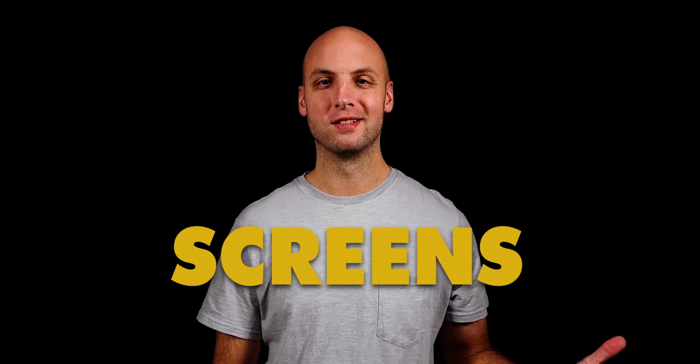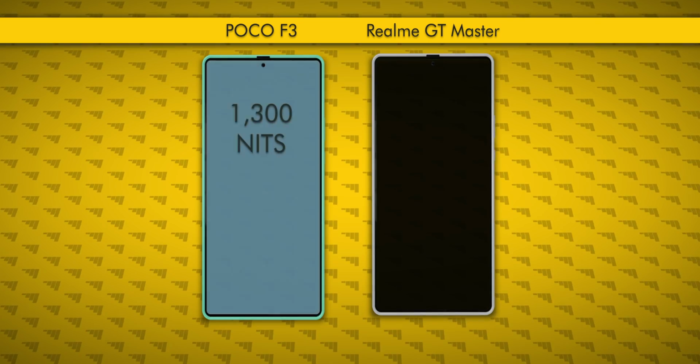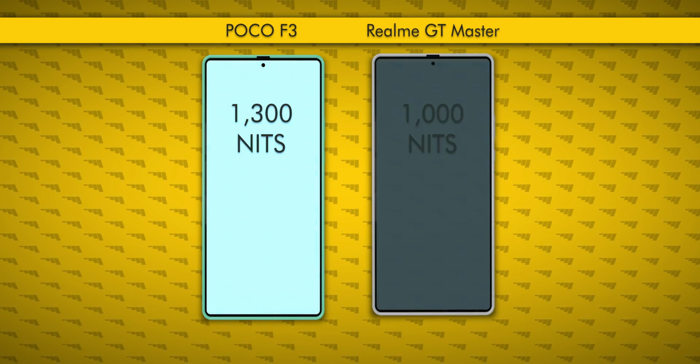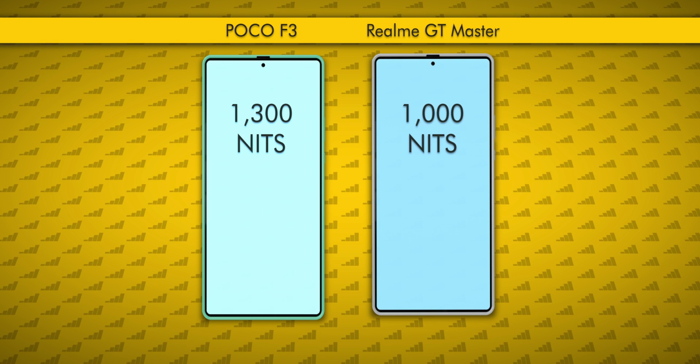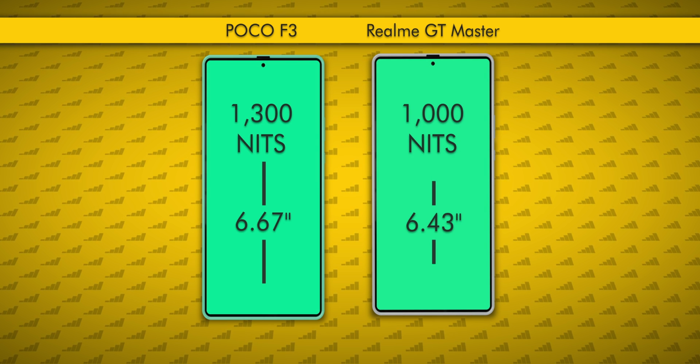How are the screens? Both are bright AMOLED panels that can easily be seen outdoors, but the F3 can get brighter at 1300 nits than the GT Master's 1000 nits. The F3 screen is also larger at 6.67 inches versus the GT Master's 6.43 inches. And I actually think the GT Master is a really good size for a phone. Big enough to enjoy games and videos,